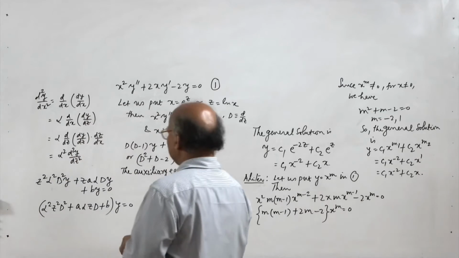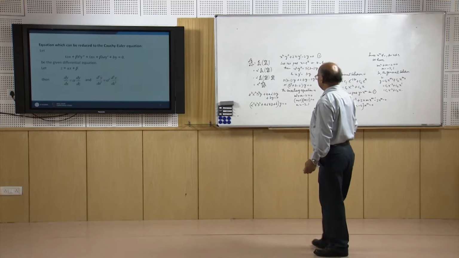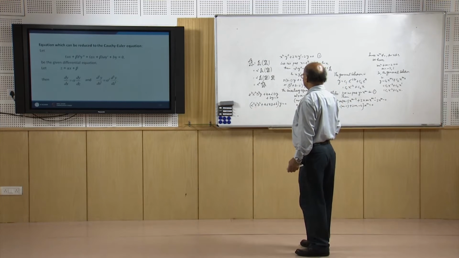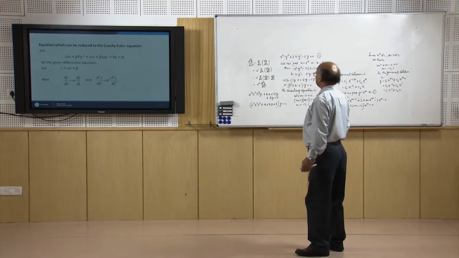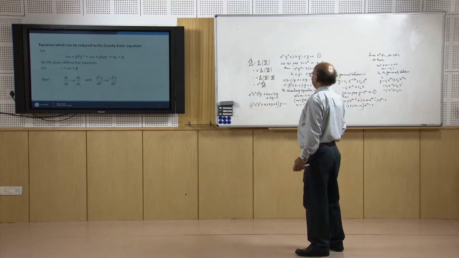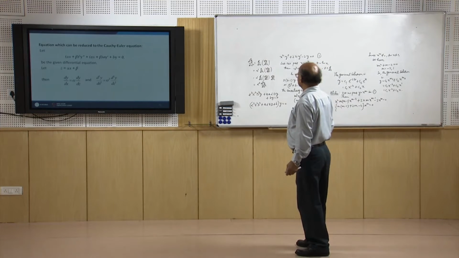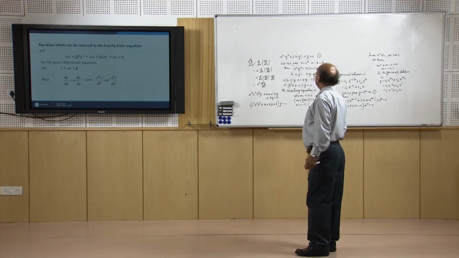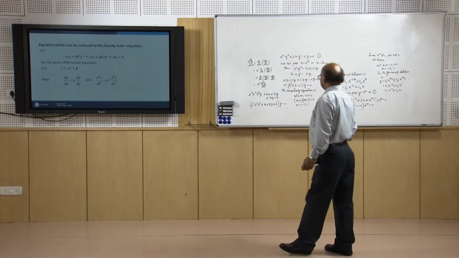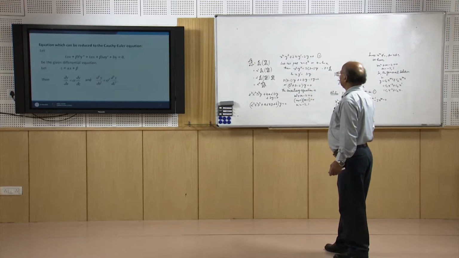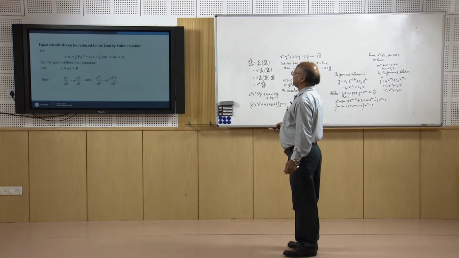Now, this is a Cauchy-Euler equation in the independent variable z. This can be divided by alpha square and we can bring it to the standard Cauchy-Euler form, where the coefficient of z square d square y by dz square is unity. This can then be solved by the methods which we have just now discussed, and after finding the solution in terms of z, we can put z equal to alpha x plus beta. So, we will get the solution.